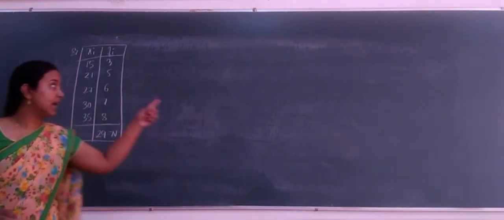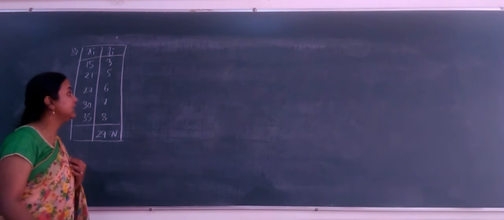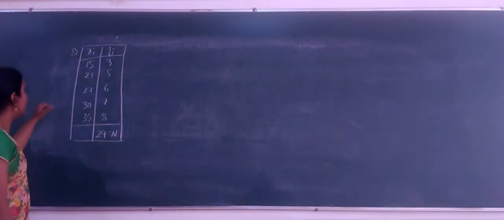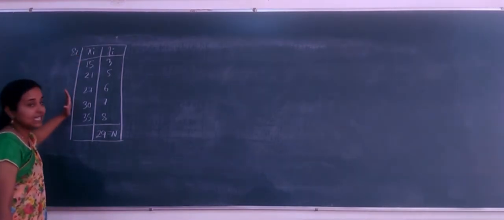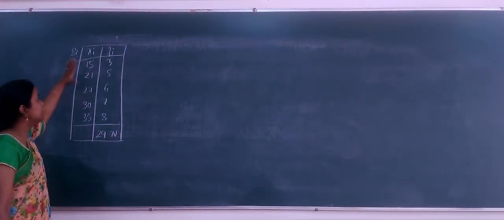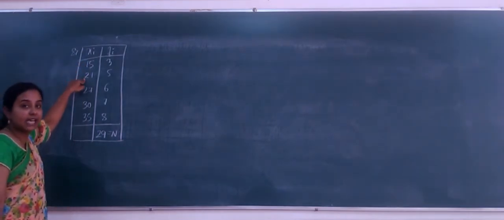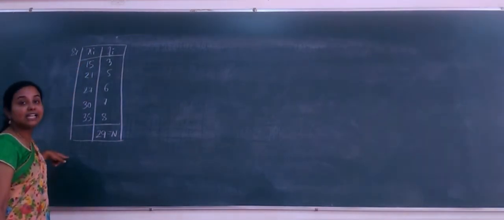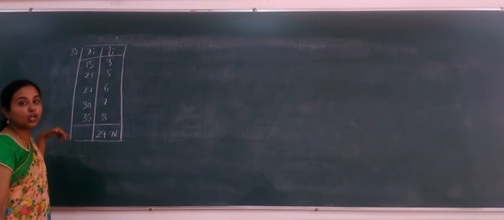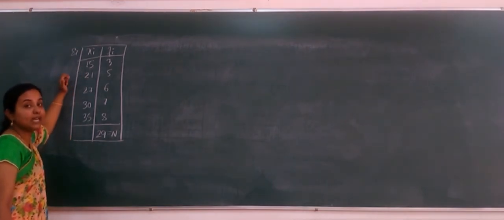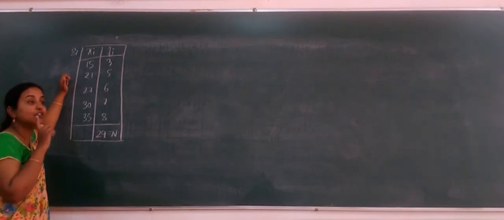So before going to calculate the median, let us write the cumulative frequency. And one more point you have to note down. Whenever you see this exercise, let us assume that these are not written in this way, that 21 is written first and 15 is written next. Then always you need to arrange the data from smaller to bigger. Always it should be arranged, especially when it is a case of median.